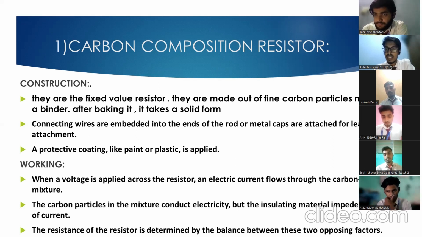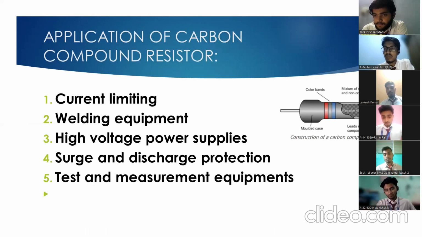So let us move to the next slide, which is the applications of the carbon composition resistor. The first use is in current limiting, and it is also used in welding equipment, high voltage power supplies, some surge and discharge protection, testing and measuring equipment, and to withstand some high energy pulses. Before we go to the next slide, we are seeing a picture which is recognized as a carbon composition resistor. So let us move to the next slide,